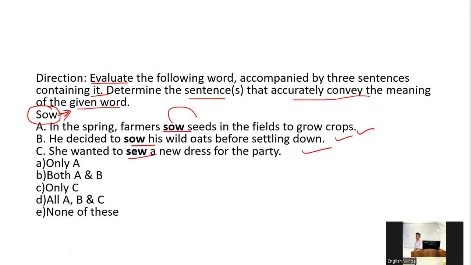In the spring, farmers sow seeds in the fields to grow crops. Obviously that's correct. So farmers, they sow the seeds, right? Next, he decided to sow his wild oats. Hope you are aware of what the meaning of oats is, right? So he decided to sow the oats before settling down. Third one, even these two are correct, fine. She wanted to sew a new dress. So sew is different from sow. Why? Because